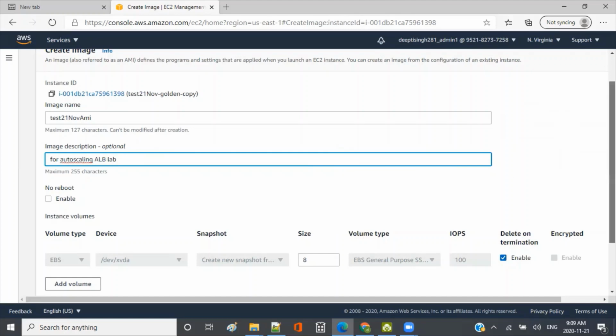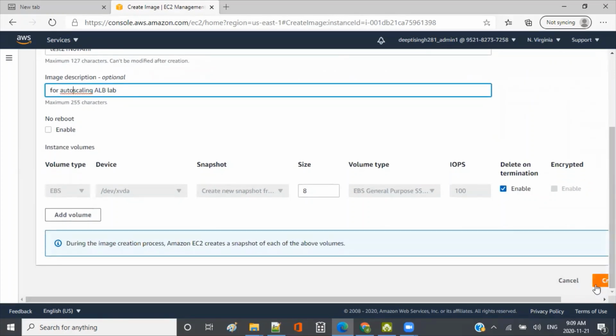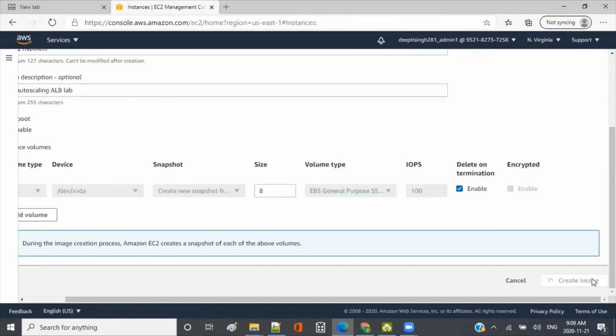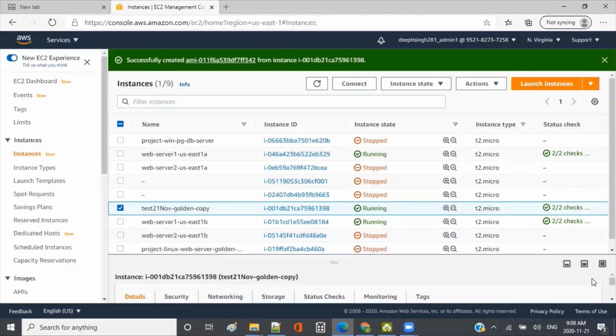Okay, we are creating the image from here, create image. So you know the snapshot, right? If you have a machine, it has a hard drive and everything, you can create a snapshot also. A snapshot is like a backup, so you have that backup ready, and from that snapshot you can also create an AMI, right? So ideally the AMI is created from the backup itself, a snapshot.